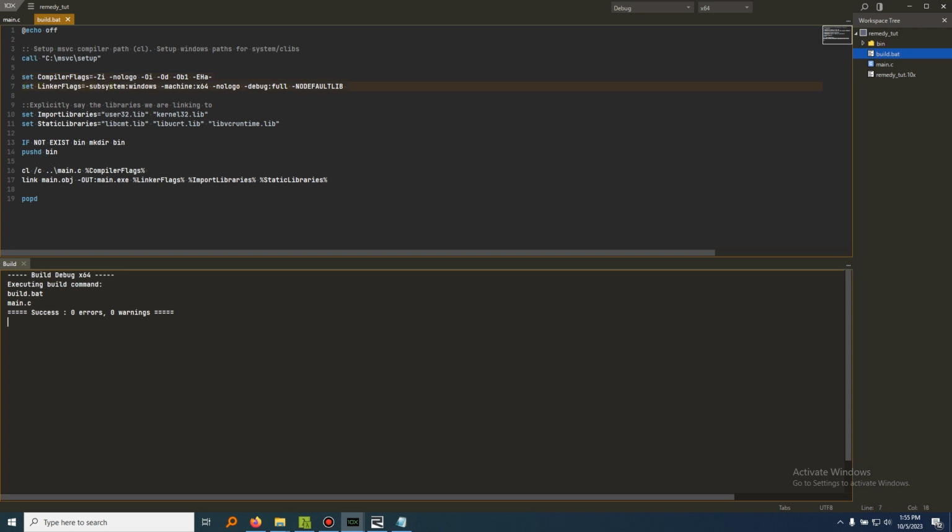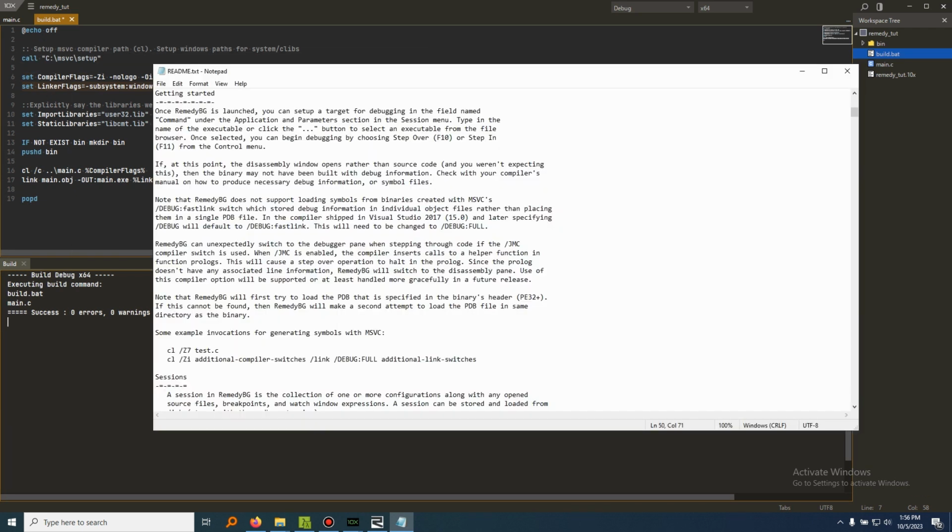And then also you have your linker flags. You also just want to have this option here, debug full. I'm not sure if this is the default. I think the default with Microsoft, and I believe Remedy mentions this, we'll see it here. It's called fast link. Yeah, so the Microsoft compiler will default to debug fast link, and this needs to be